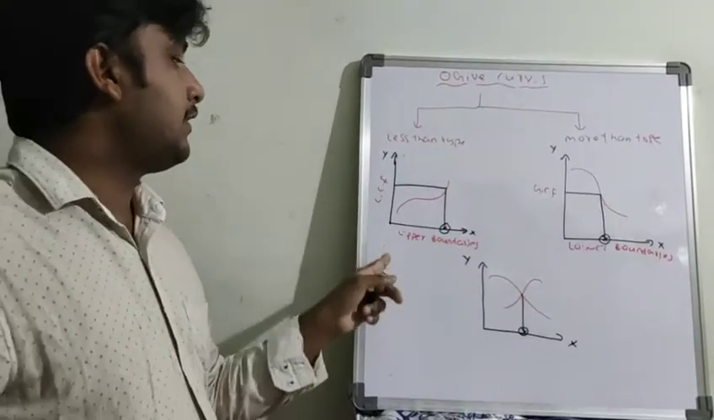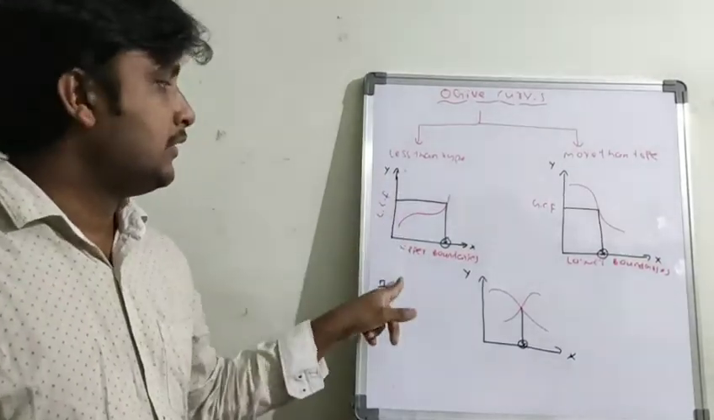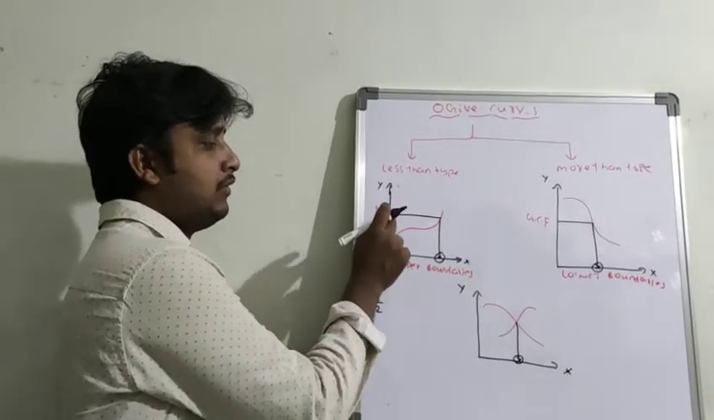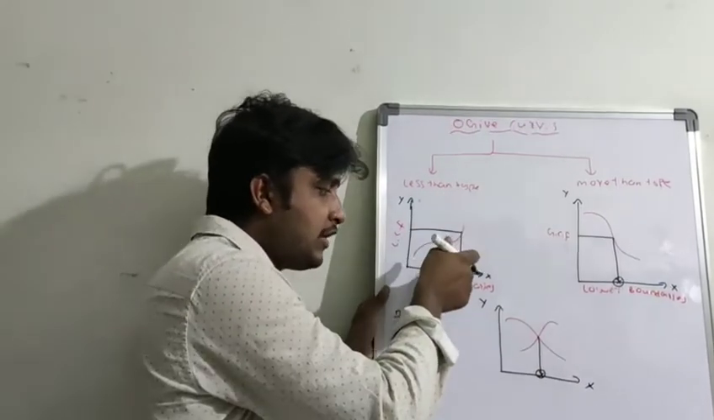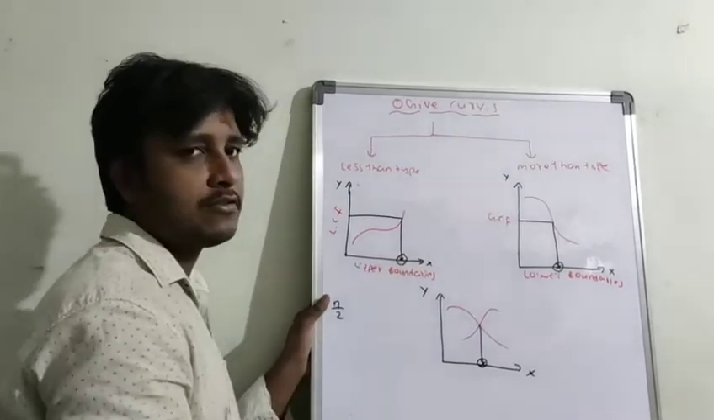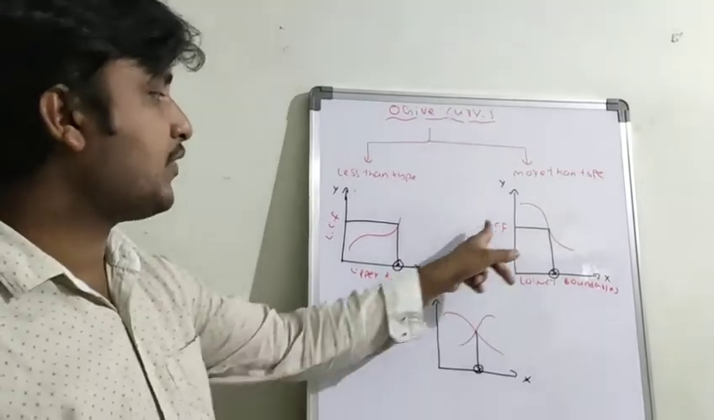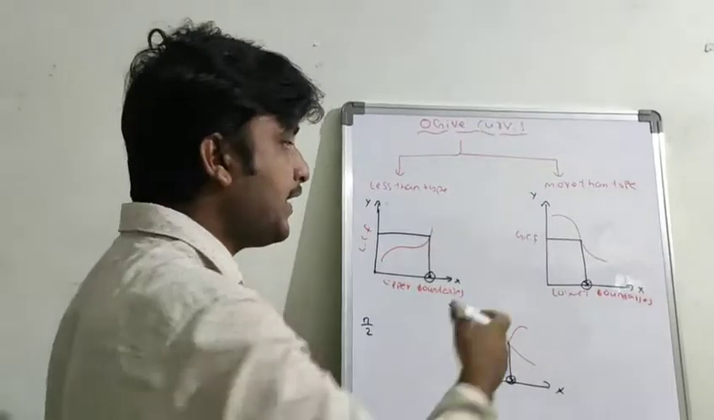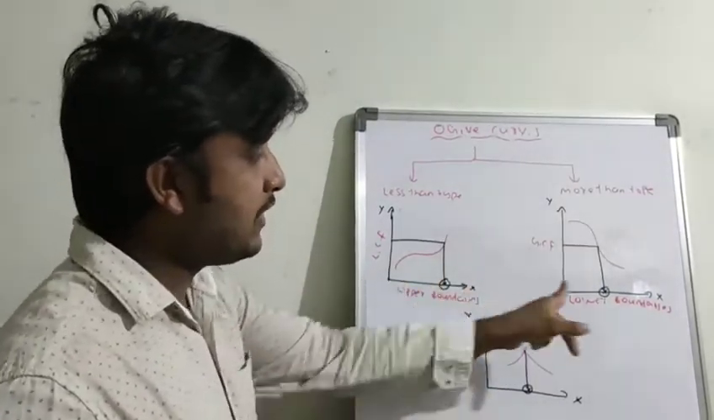So first, this is the less than type: the upper bound is on the x-axis, and the less than cumulative frequency you have to take on the y-axis. This is the n/2 value from the y-axis. Draw one perpendicular line to the curve, and where it touches, from there draw one more line perpendicular to the x-axis. The value which lies on the x-axis is called the median. In the case of more than type also you have to do like this. From the n/2 value on the y-axis draw a perpendicular line to the curve, and from there draw one more perpendicular line onto the x-axis. So this value will become the